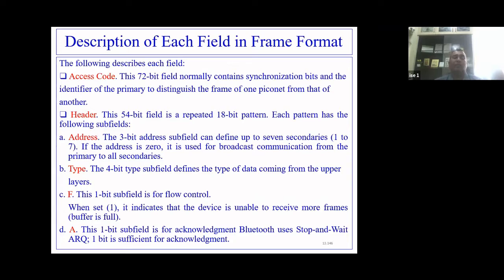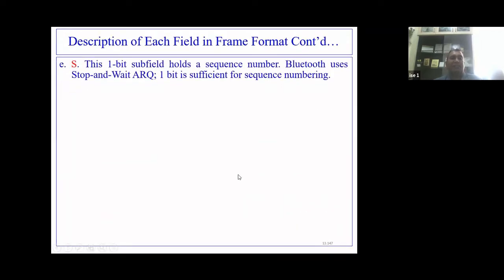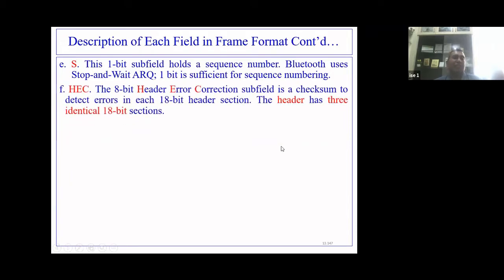Again, the A subfield has a length of 1 bit. It is the acknowledgement. Bluetooth uses stop and wait ARQ, so 1 bit is sufficient for sending an acknowledgement. You got the idea? Then you have another subfield called small s, which holds the sequence number for the frame.